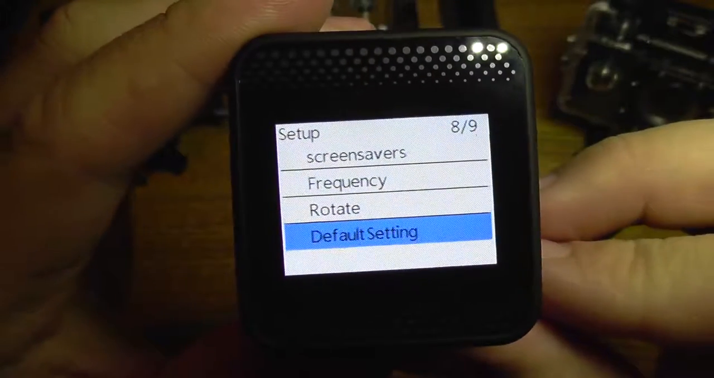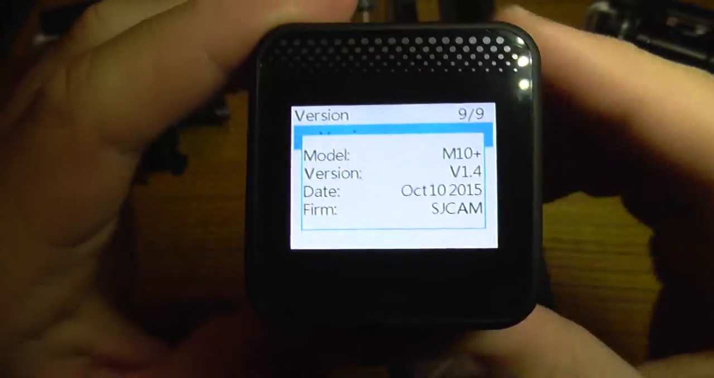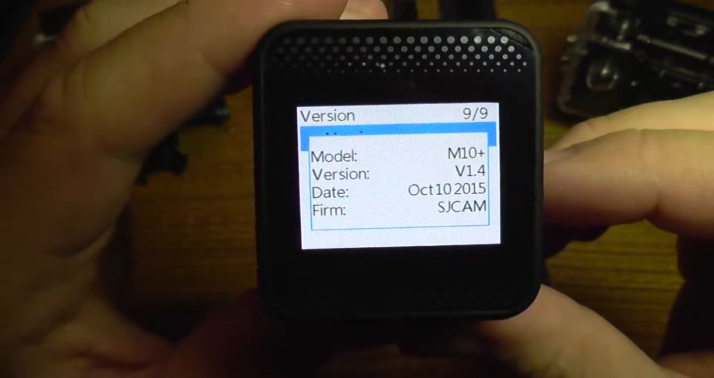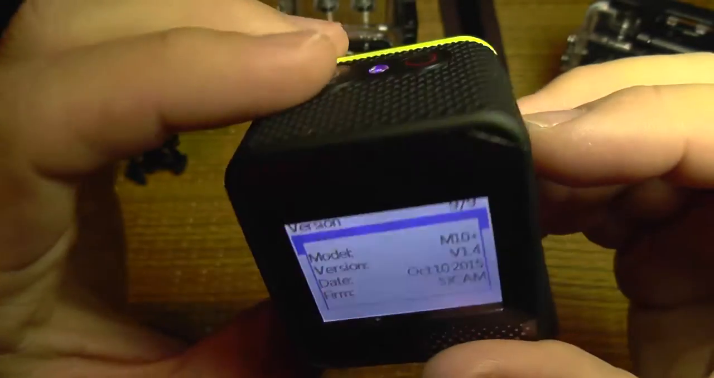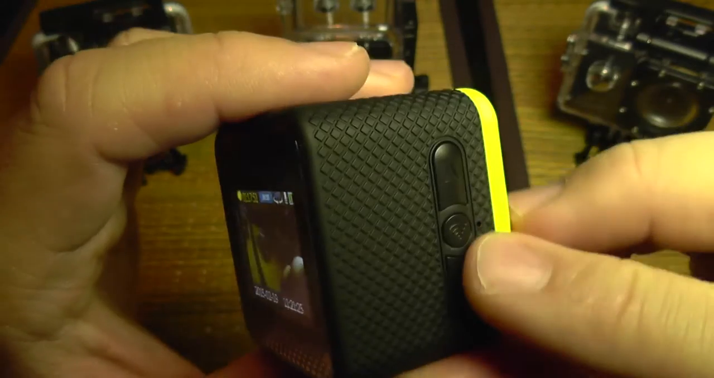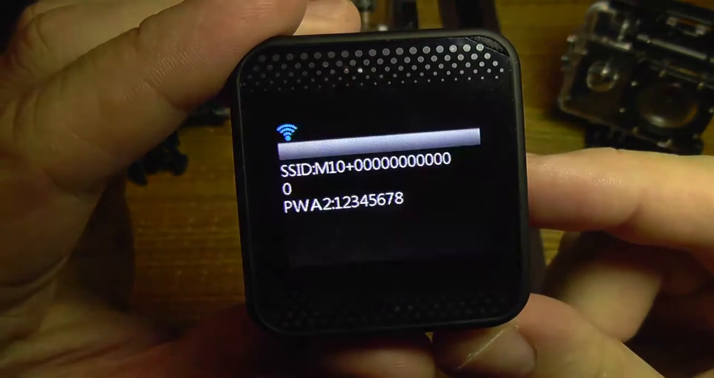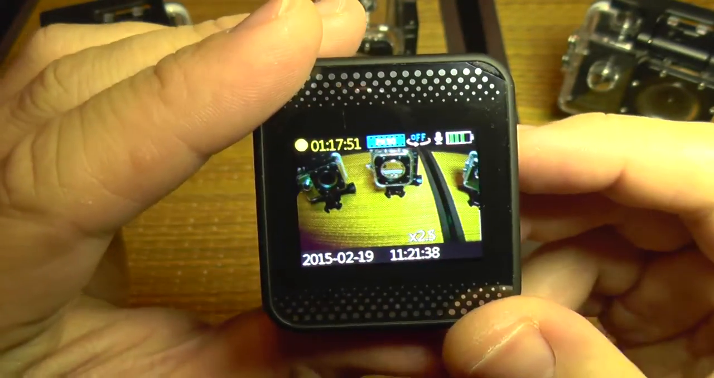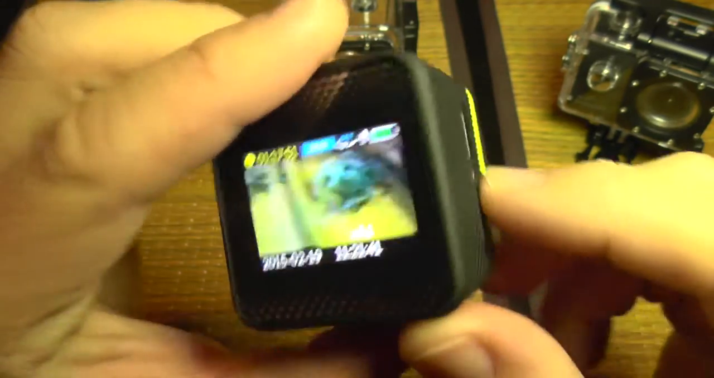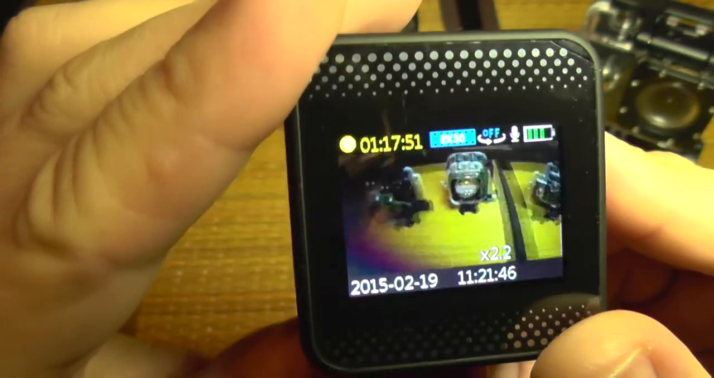Default setting resets the camera to factory settings. And this is a version for showing the current firmware and its release date. So these are the options. You also have a button here to enable or disable the Wi-Fi connection. And that's about it. You also have these menu buttons here that during video or photo they act